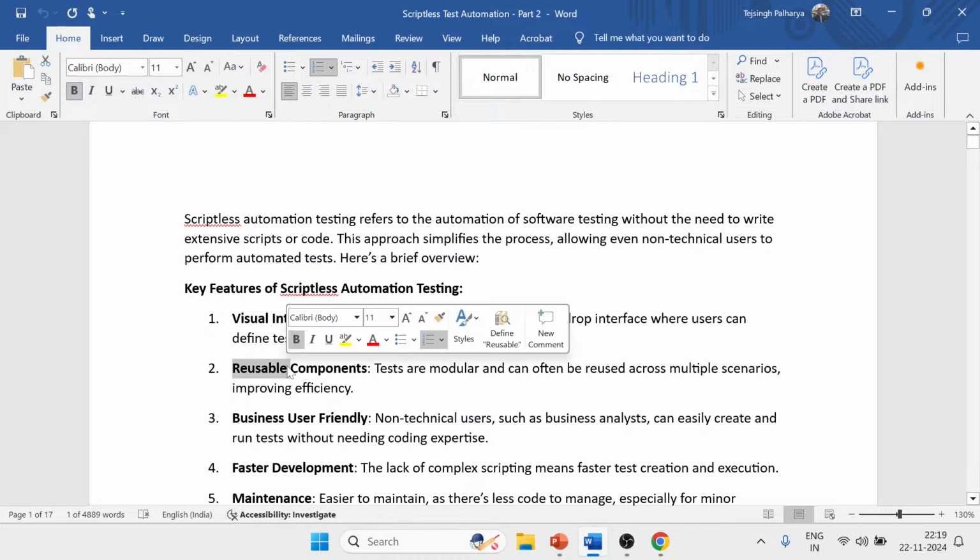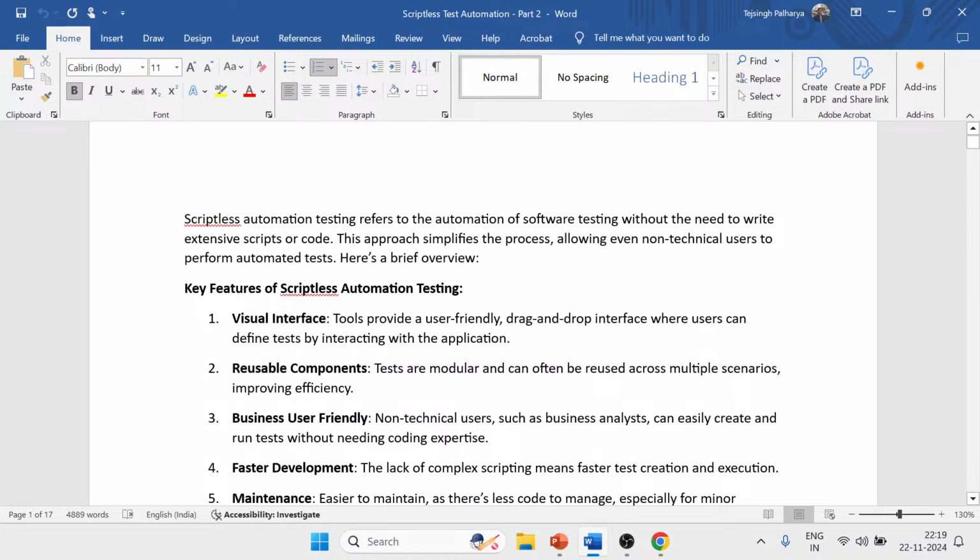The second is reusable components. Tests are modular and can be used across multiple scenarios, improving efficiency. Business user friendly: non-technical users, such as business analysts, can also easily create and run test cases without needing